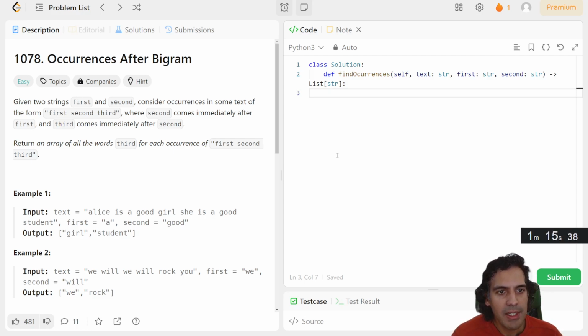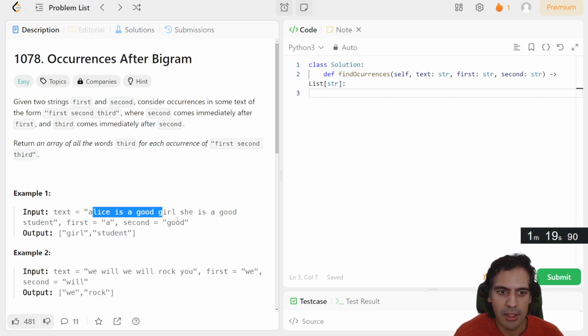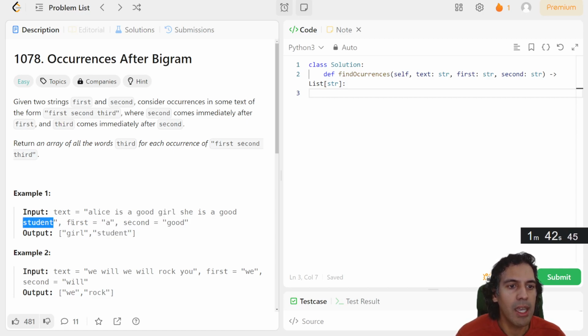Given two strings, first and second, so let's have a look at our example here. Alice is a good girl. She is a good student. Okay, we're given the first and the second strings, A and good, and it'll output in some text of the form first, second, third. Alice is a, so A good, and then the next word is girl, and A good student. Oh, okay, I see. Return an array of all the words third for each occurrence,